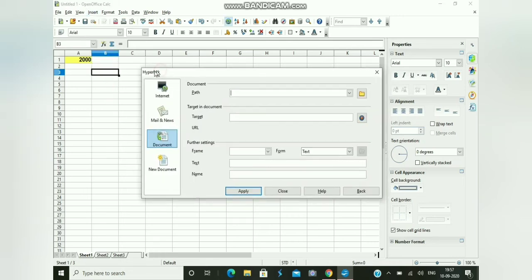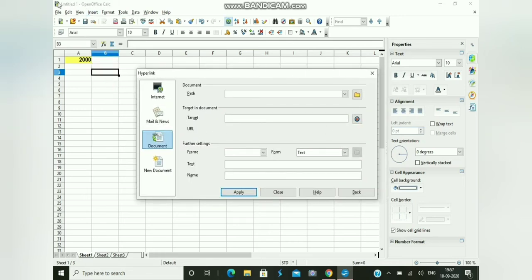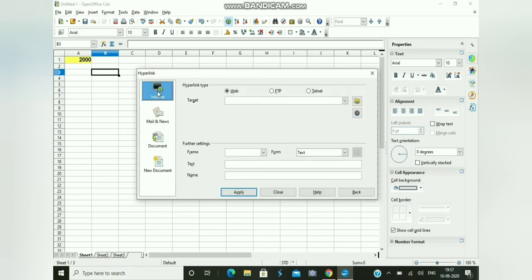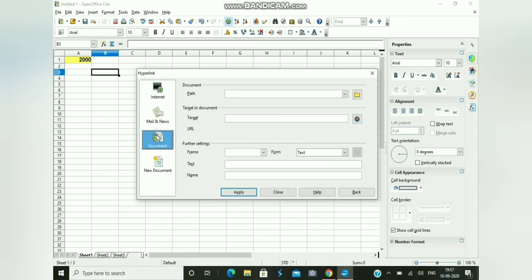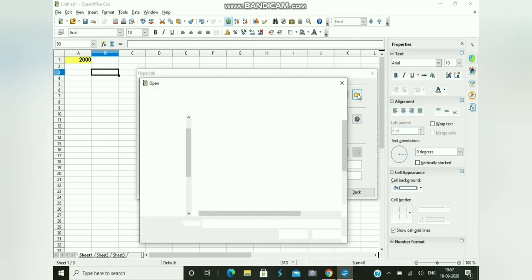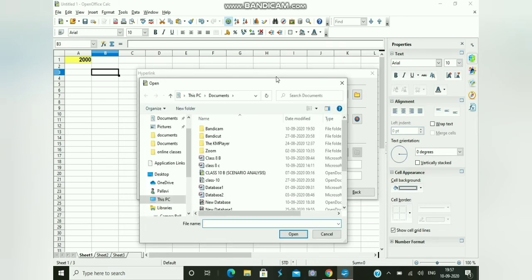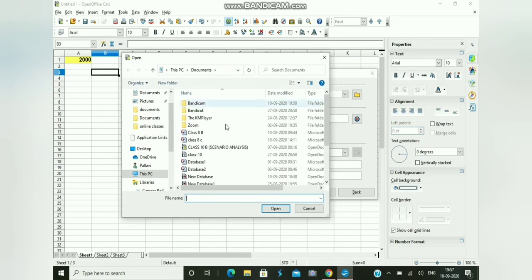As you can see, this is the hyperlink dialog box. As you choose the Insert command and then the hyperlink option, you get the hyperlink dialog box, and by default Internet is selected. So what you have to do is select Document manually, and you will see this particular dialog box will be shown. Where we have a folder icon, that is where we choose the file to which we are going to create a link. As I have clicked here, you can see the Open dialog box opens on the screen, and you have to choose a particular file.